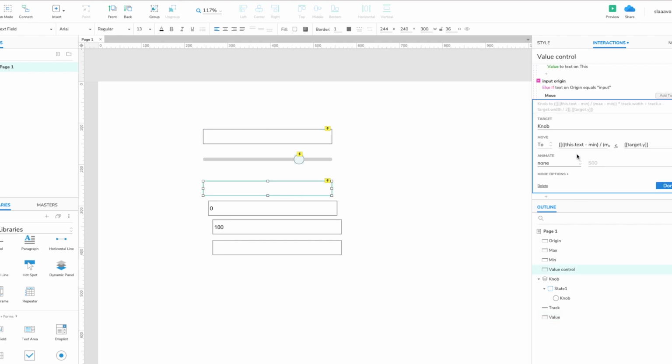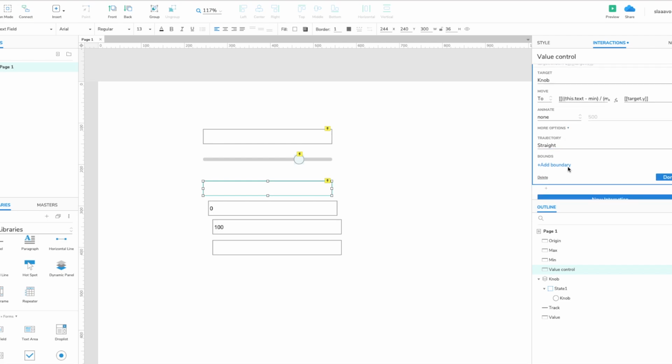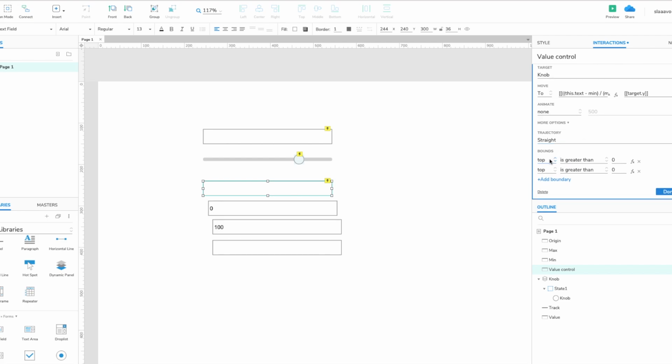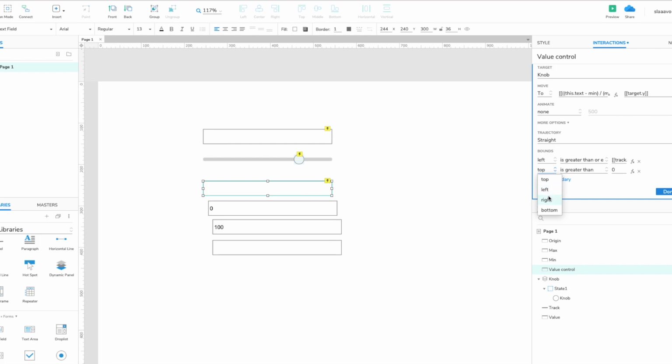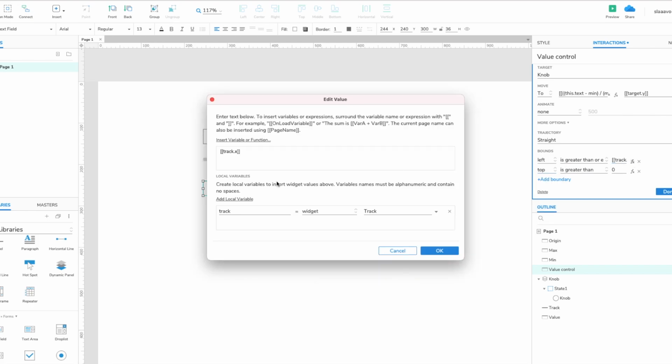So firstly, of course, we could set the boundaries here just like we did that. So that's probably a good thing to do. So let's do it. Left is greater than or equal to, we need the track, so that's the track dot x, and sorry, we forgot that we are doing the center, so track dot x minus target dot width over 2,